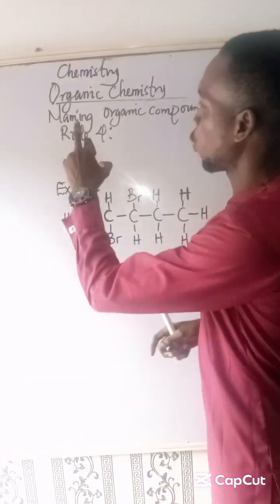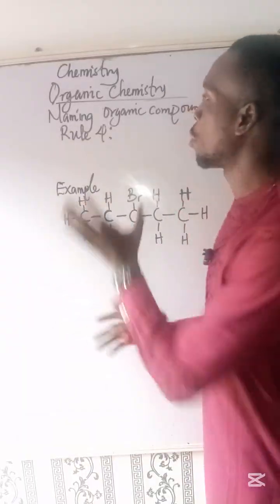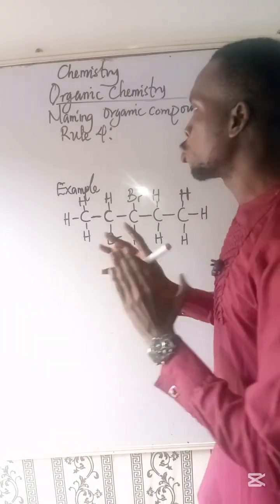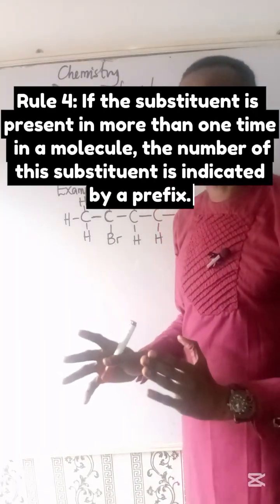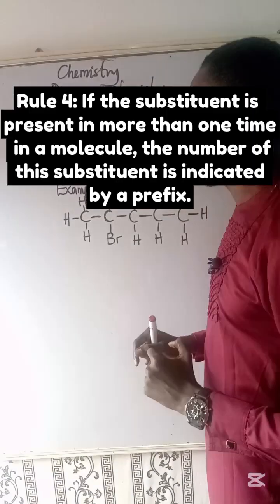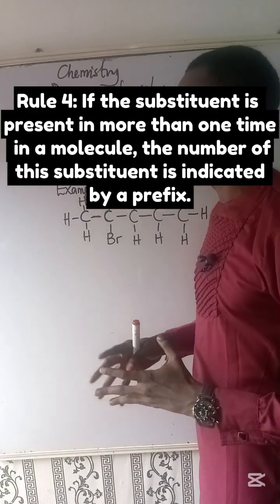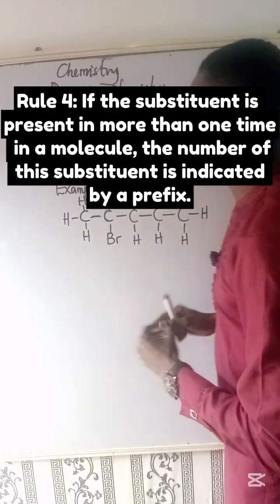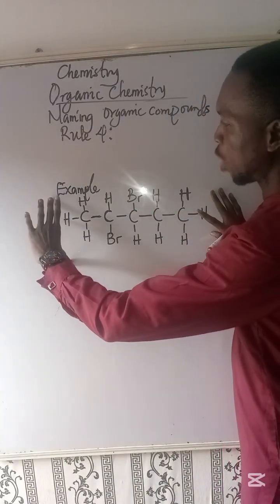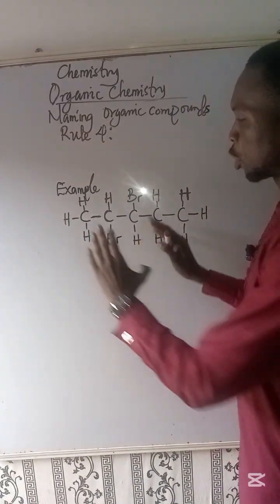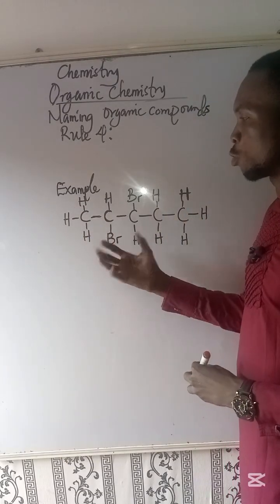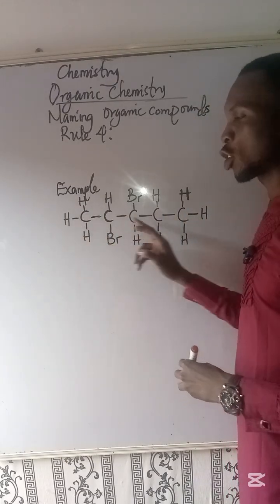Alright, today I'm going to be explaining rule number 4 of naming organic compounds. Now, rule number 4 states that if a substituent is present more than one time in a molecule, the number of this substituent is indicated by a prefix. Now, for the compound on the board, to name this compound, we are going to first of all count the longest continuous